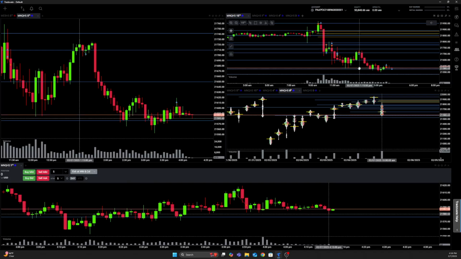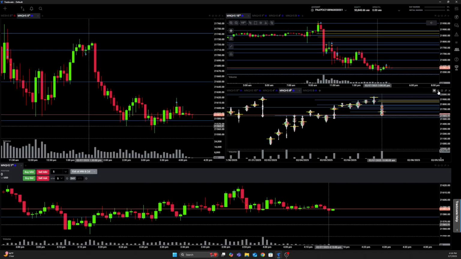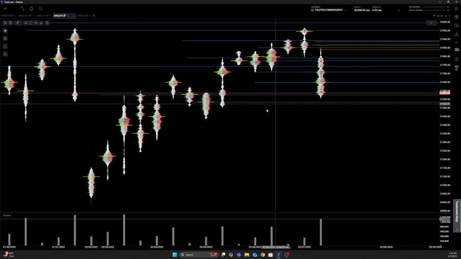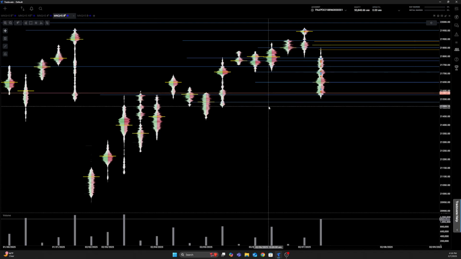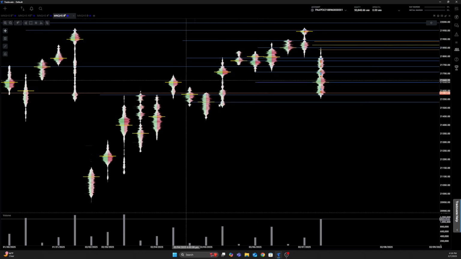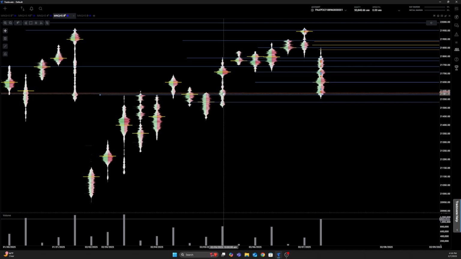Just stupid that I'm even here in the first place. But let's go over the trades I took in just a second. We're gonna look at some of these levels. These levels are all derived from the 8-hour bid-ask volume chart. So these are all just levels off the point of control from the 8-hour time frame. Really all it is. Not even really going to go into it.